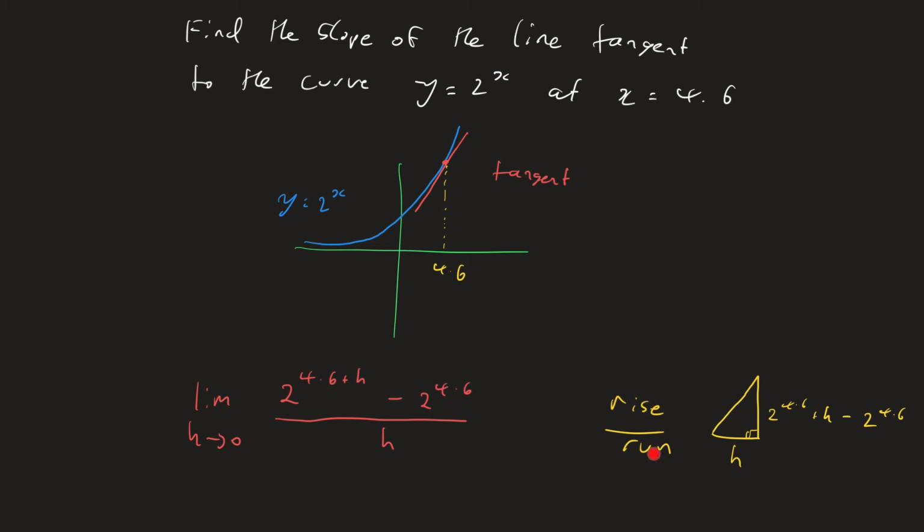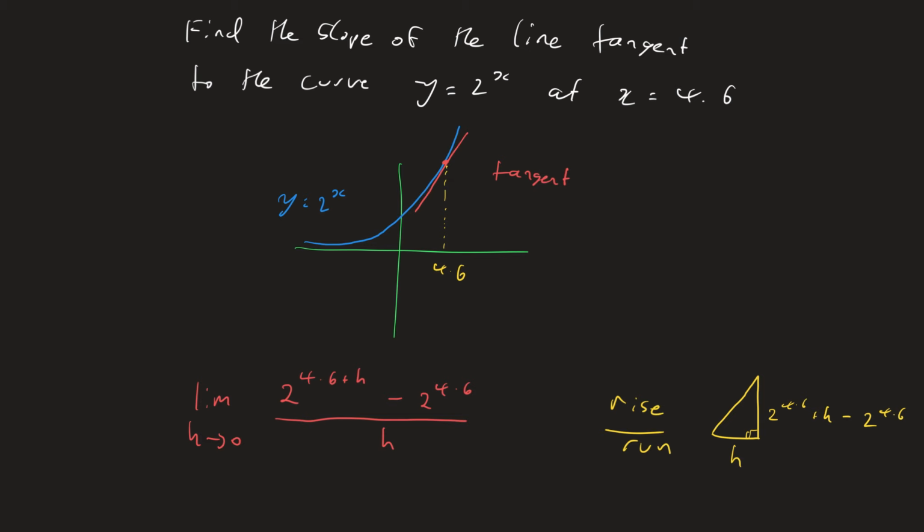So the rise over the run is this divided by this, in other words, this. And as we take smaller and smaller increments, we hope that the gradient converges to a limit, and that limit is the derivative of the function y equals 2^x at that point, which is the same as the slope of